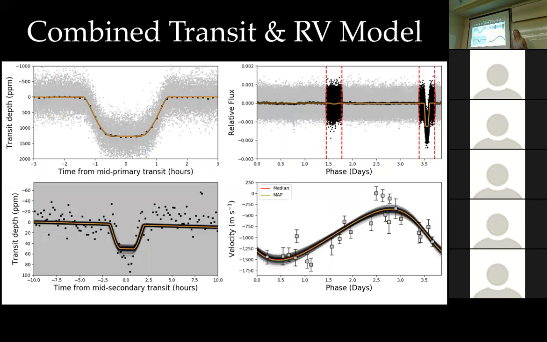Because we had both transit and RV data, we wanted to fit the data sets together to yield the most accurate system parameters. Because there are some degeneracies that exist in this parameter space, so simultaneously fitting them together would give us the best results. So what I'm showing you here is basically a result, one final plot of the program that I wrote that fits transits and RVs together.